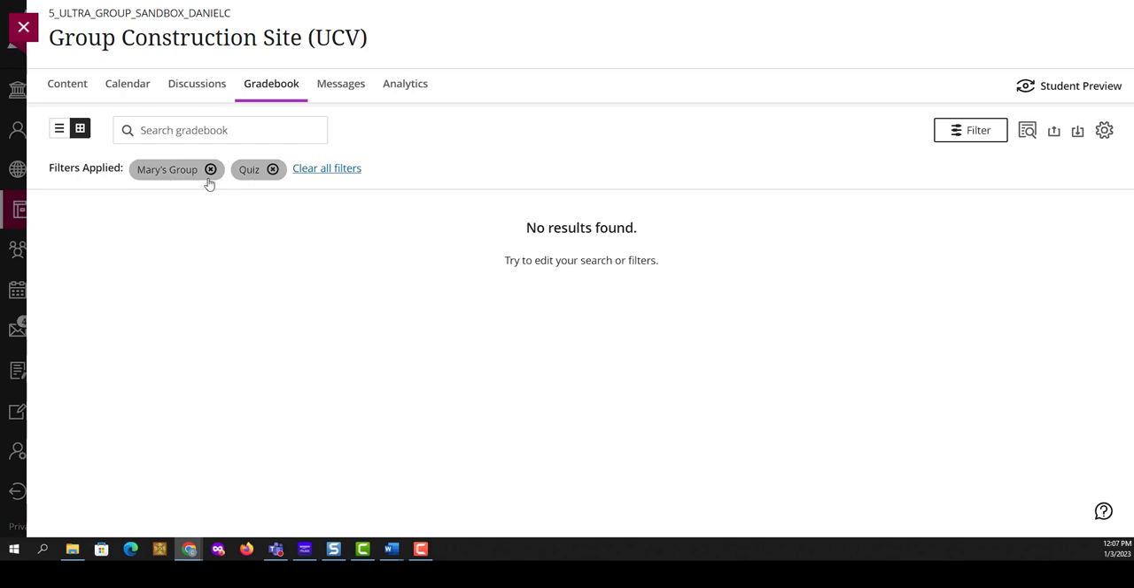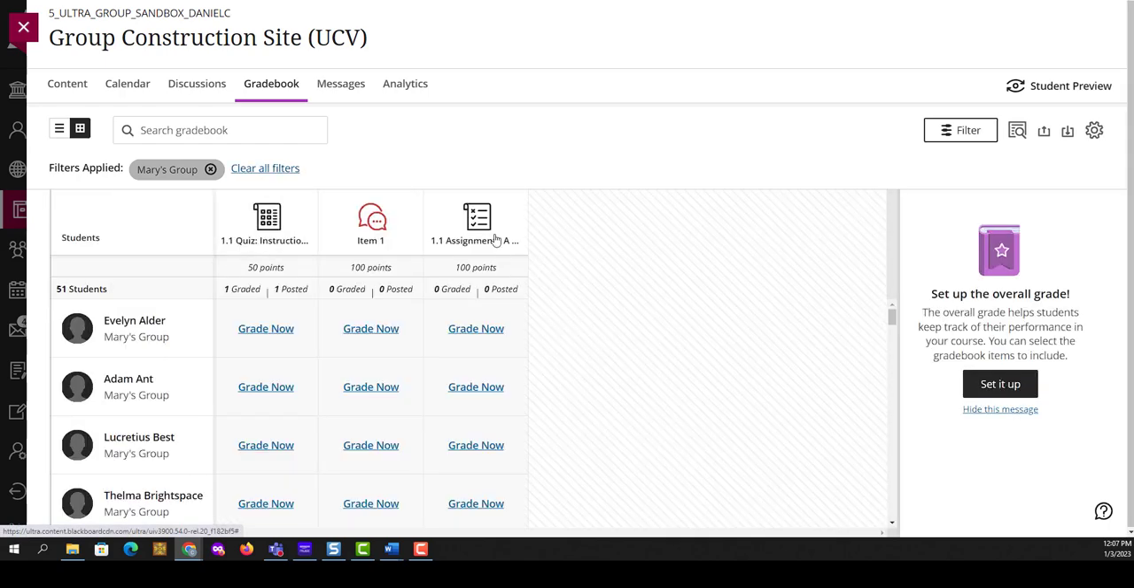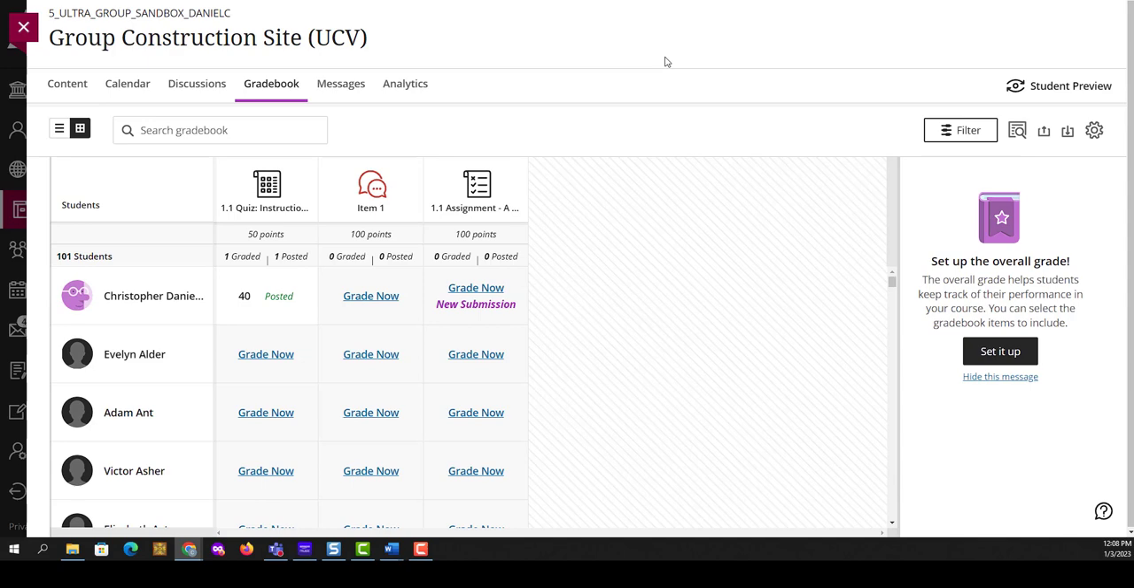I can do one of two things. I can either get rid of the quiz filter, and when I do that, I go back to just Mary's group. I could now get rid of Mary's group, or I could just clear all filters. So that's a very straightforward way to filter through items, and it only is part of the grid view within